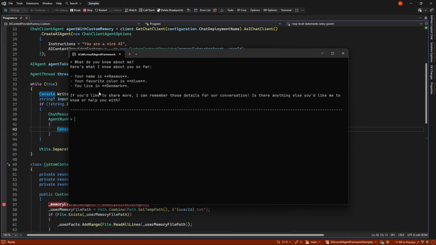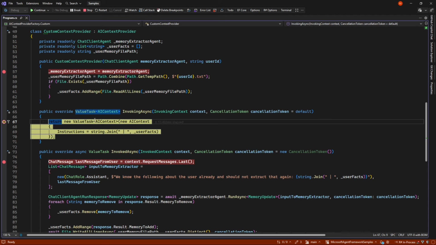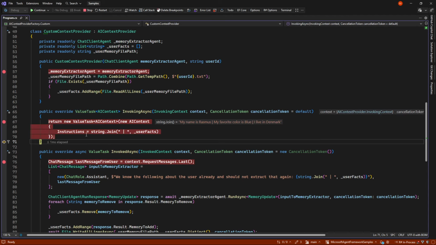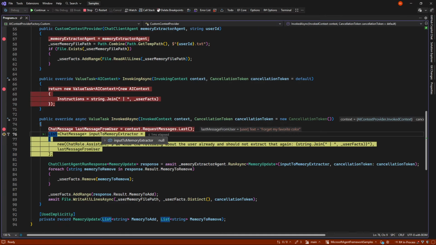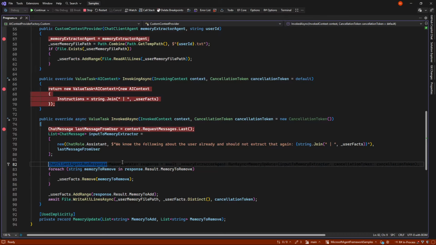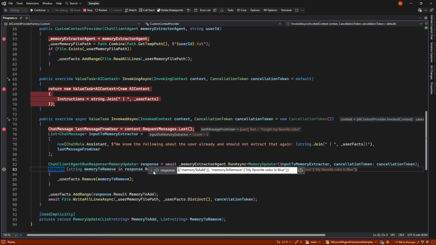So now it knows this, and I can say forget my favorite color. It will go in, extract that I want to remove, that my favorite color is blue.